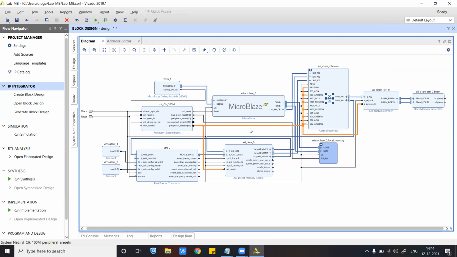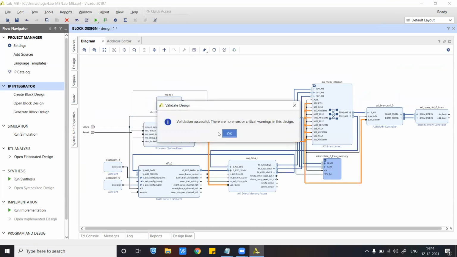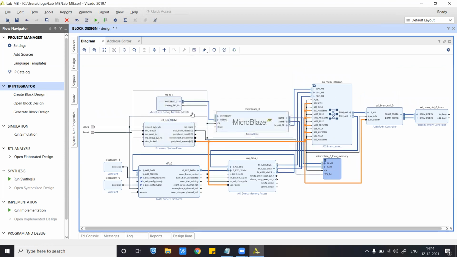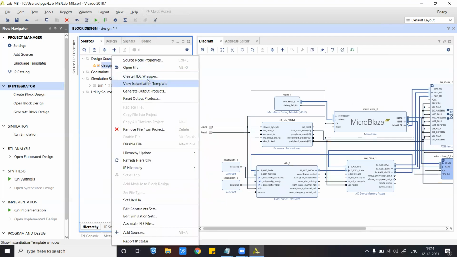Let's move ahead, and the block design is complete. Let's validate it first. Validation is successful. For this lab, first let me generate the HDL wrapper.